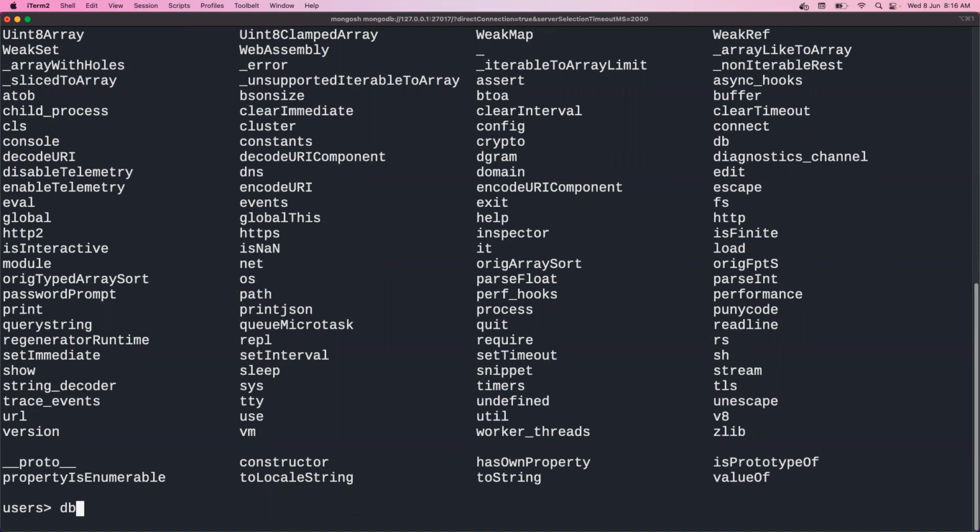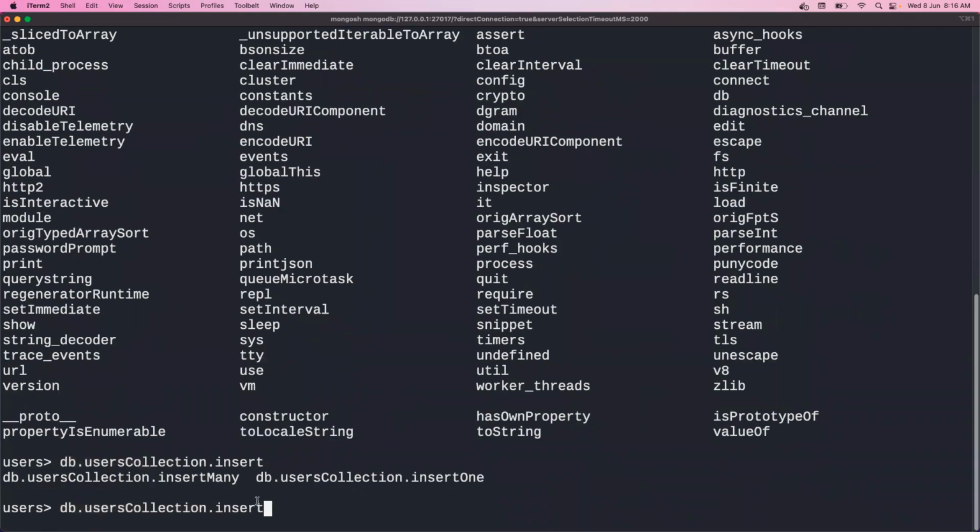If you want to insert the data, all you have to do is db dot. Where do you want to insert? In the users collection. So type in the name of the collection. So db dot users collection dot insert. So insert is the command. It has been deprecated for a long time, and it was replaced with either insertMany or insertOne, just